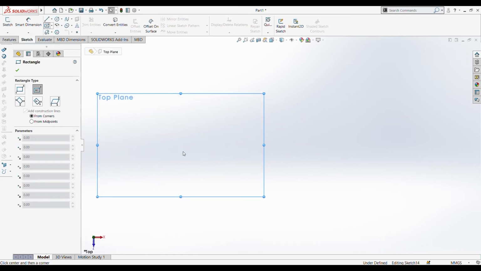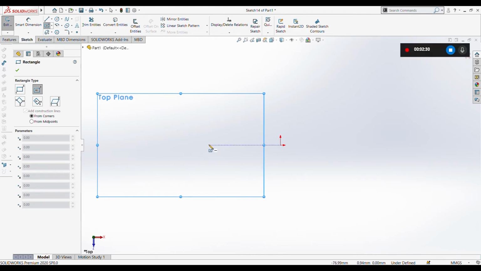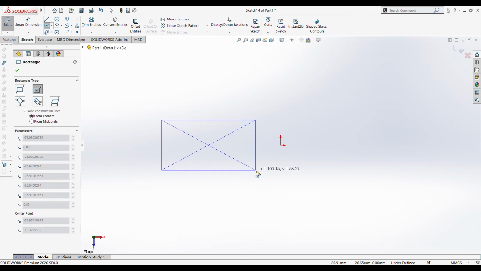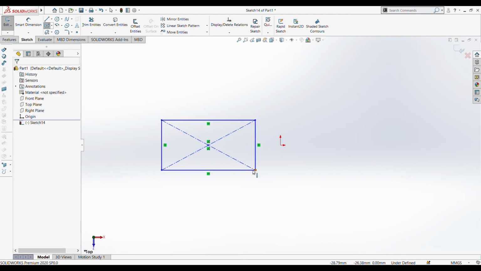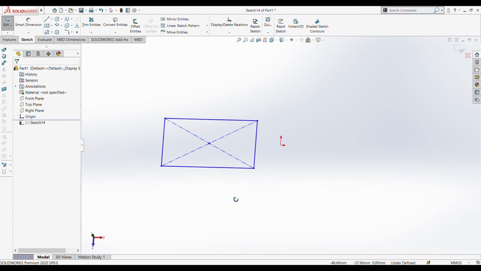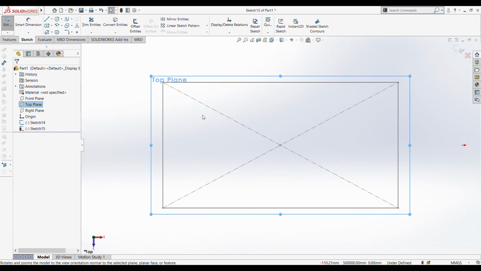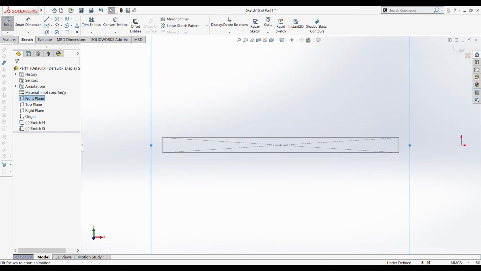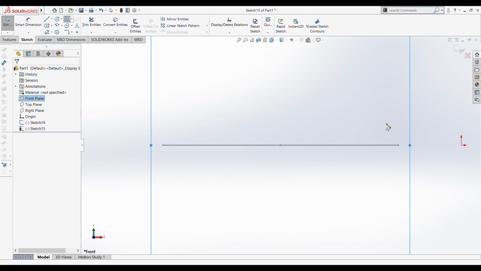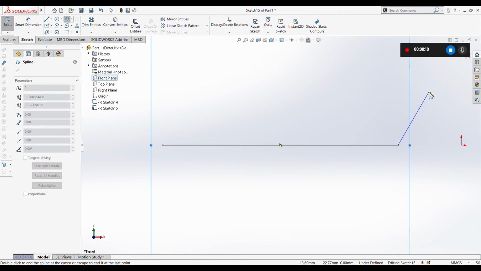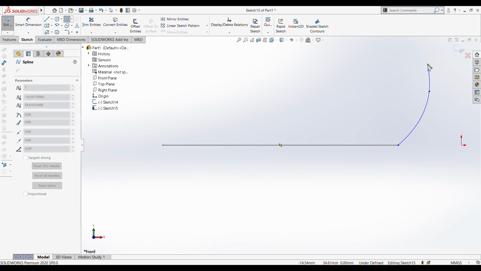So guide curves can be given to control the shape of the sweep. So I'll just draw a normal rectangle again. Now select the front plane, make it normal too. Just a random guide curve. So I'll just draw a spline, and here it is,